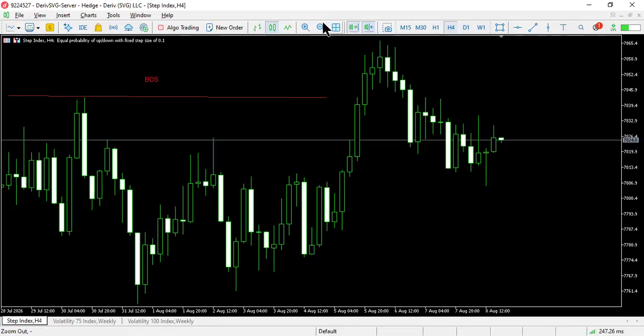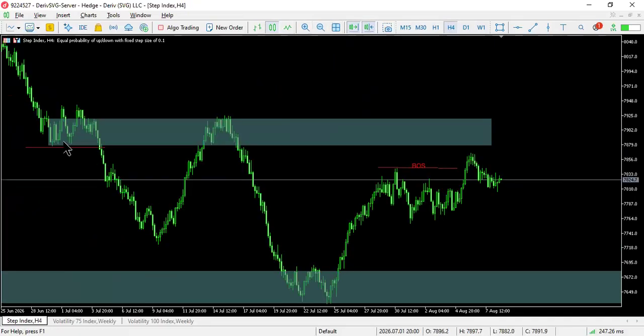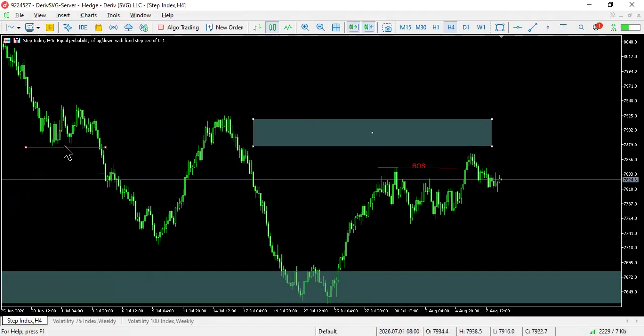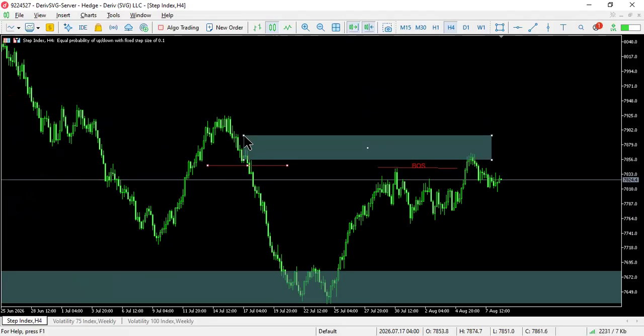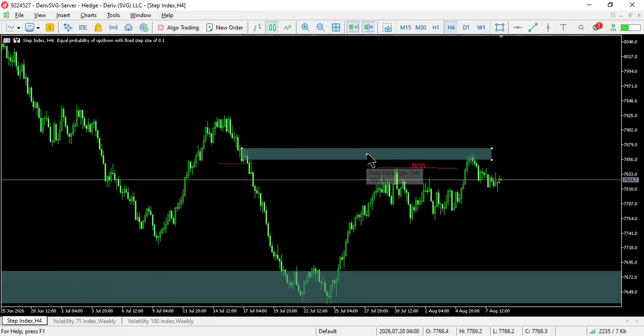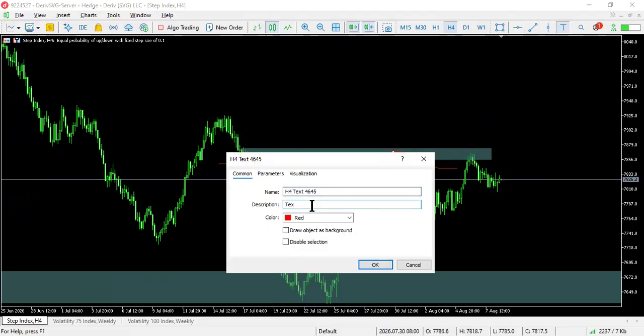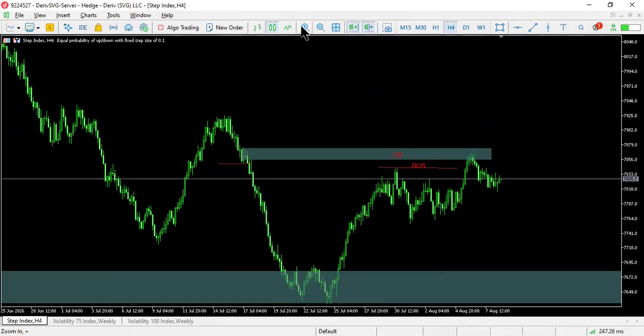Heading over to the 4 hours, we'll see the price action clearly. So price is reacting from this 4-hour order block. So we have a break of structure here. And then price is pushing from this order block. If we are to zoom in,